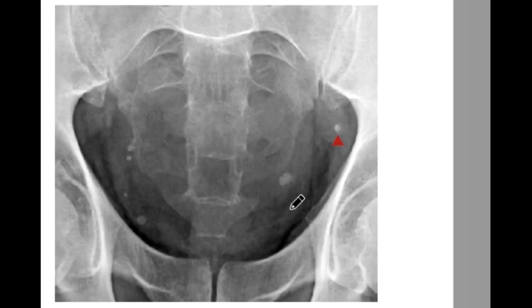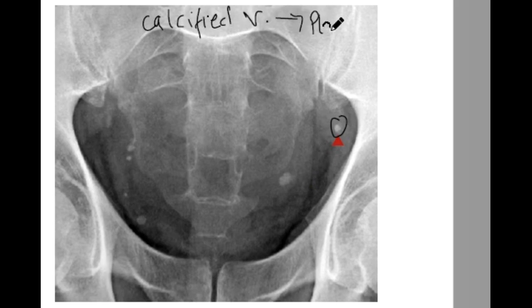Then this is also an X-ray picture, X-ray of the pelvis, where you can see bright density here, and this bright density is the calcified veins, calcification present in the veins, and these are called phleboliths. These phleboliths are seen in older individuals. They have no significance, but the main important thing is sometimes these are confused with urinary tract calculi. So you should keep this in mind.